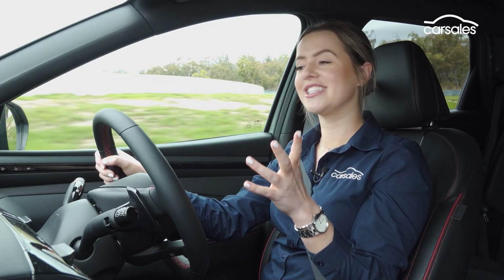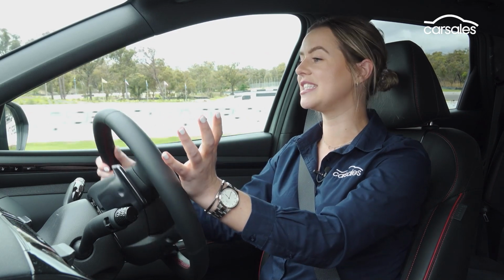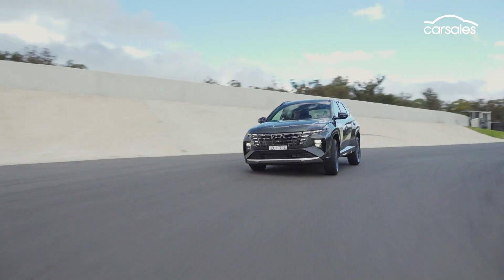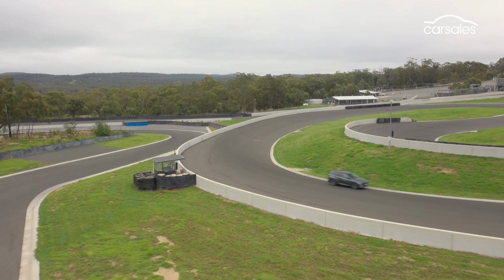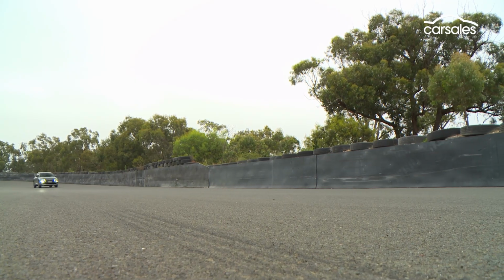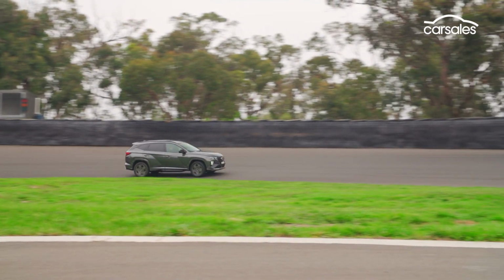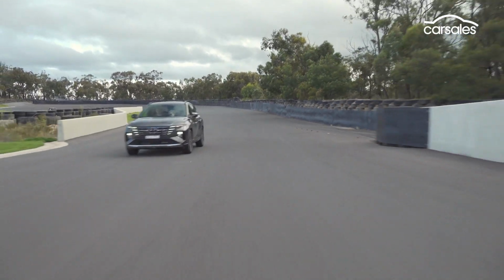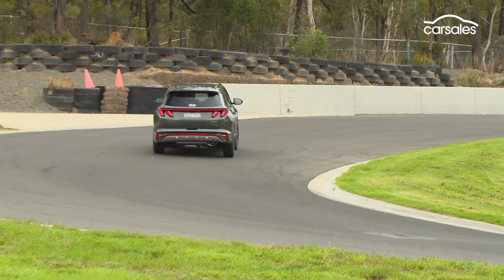Being behind the wheel of this Tucson N-Line is a pretty big deal. It's so special, in fact, Hyundai tells us that Aussie motoring journos are some of the first to get behind the wheel of this prototype. The drivetrain in this particular model is the 1.6-litre 4-cylinder turbo petrol, which comes mated to a 7-speed dual-clutch auto with power sent to all 4 wheels. It provides plenty of grunt off the line and does a decent job in the Tucson, but feels like it could do with a little more power, especially if you were carrying a full load of passengers and luggage. The dual clutch could also do with some finesse, as it felt snappy at times, but more so in sport